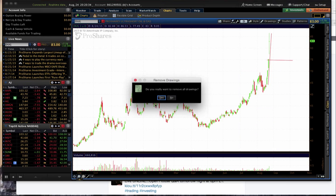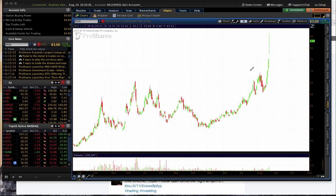So let's go remove all drawings, and let me show you something, Larry. Here is a role reversal right there. Former resistance, once broken on high volume, is now going to act as support. So what most likely is going to happen is this. I think it could even come all the way back to 70 before it bounces. Larry, I'm going to leave those lines on there,